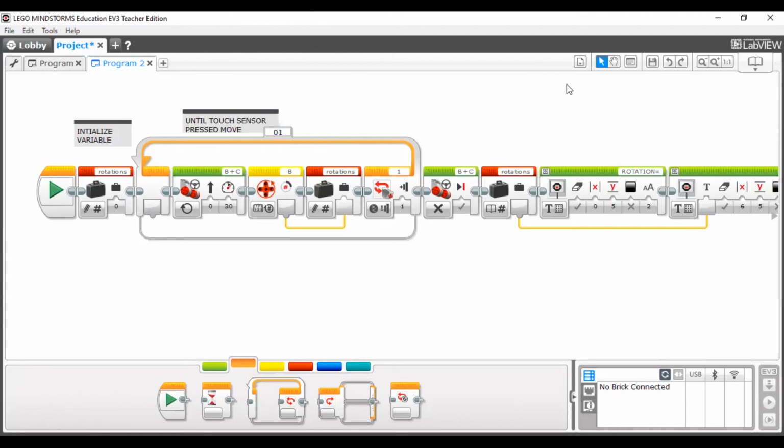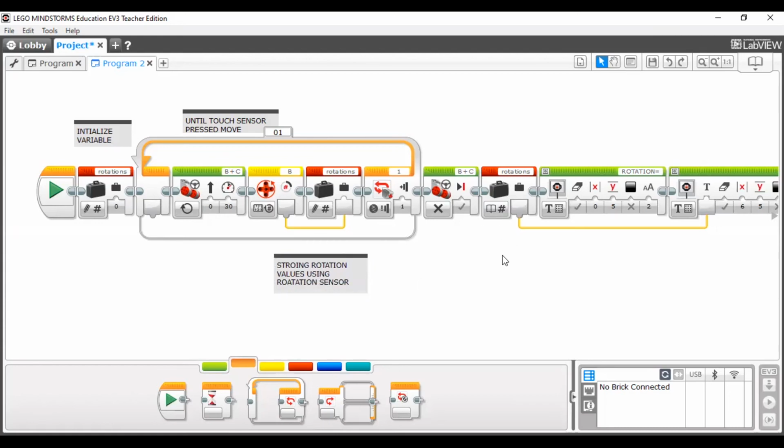And here this is for storing the rotation values using the rotation sensor.